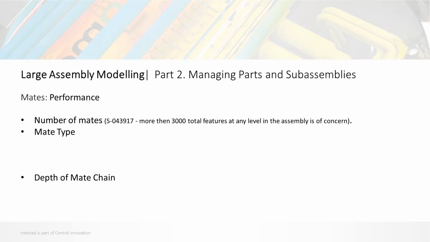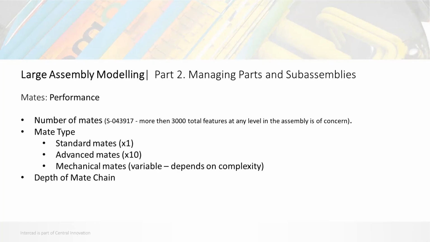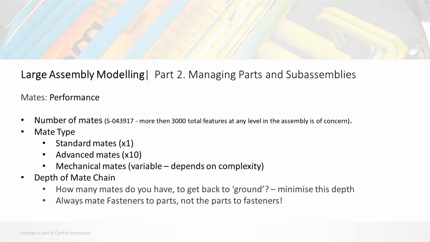The mate types also have an impact on performance. Standard mates usually take around one tenth of the time of an advanced mate to process. Mechanical mates, you can pretty well assume that they'll take as long as an advanced mate, but probably longer, depending on complexity. And one other consideration is the depth of the mate chain. You might be wondering what exactly a mate chain is. Well, really it's just how many mates you have to go through to get back to the ground mate or the primary mate in the system. You probably want to try and minimize that depth so that you haven't got mates upon mates upon mates,